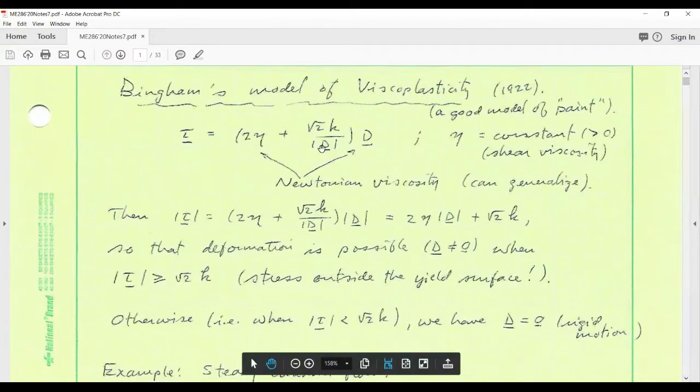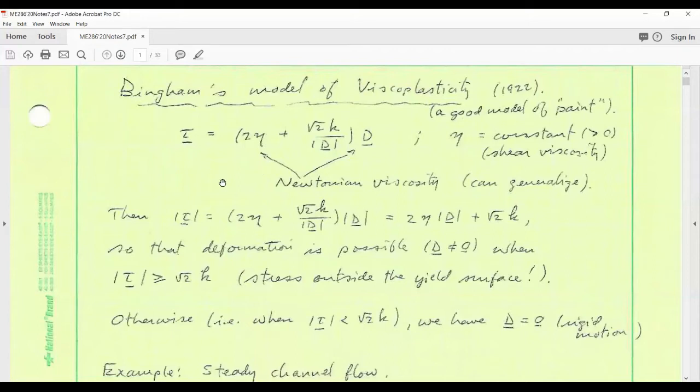Let's propose this so-called Bingham material, and have a look at some of its properties. If we take the norm of this tau, we just get 2 eta times the norm of d plus root 2k, where k is the yield stress in shear. And so this model stipulates that in order to have a non-zero deformation rate, a non-rigid motion, in other words d not zero, if d is not zero, this norm is positive here. And then the norm of tau has to be greater than or equal to root 2k in order to get